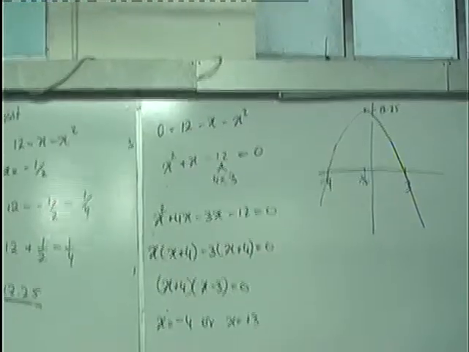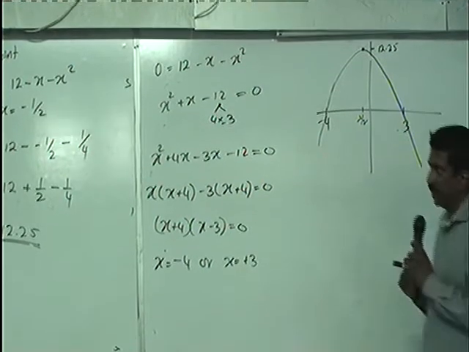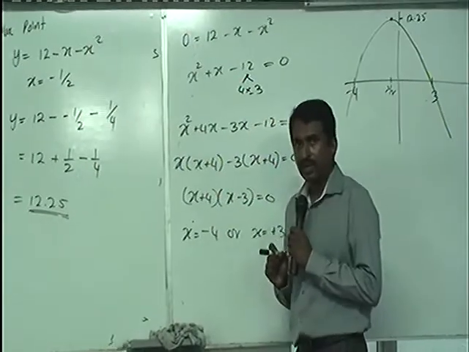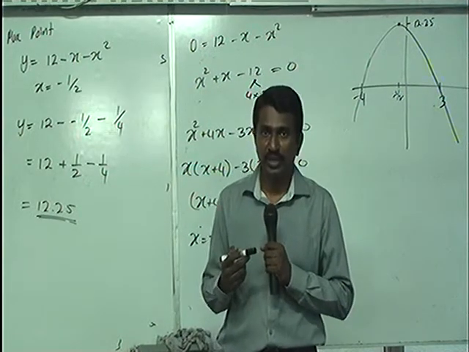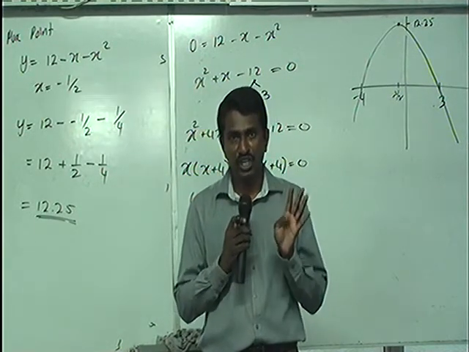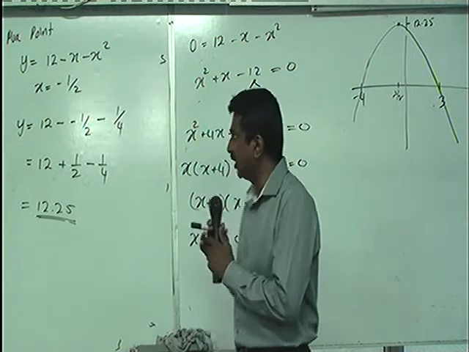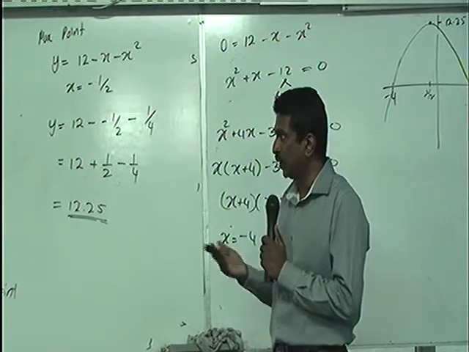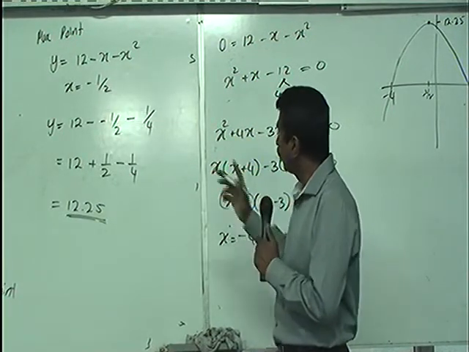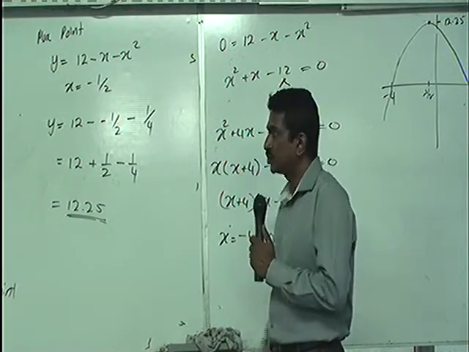Okay. Now we have completed this theory part as well. That is maximum point and the minimum point, right? So we did the basic differentiation, and then we have done the first order differentiation and the second order differentiation. Finally, we obtained the graph as well. So this is the maximum graph.